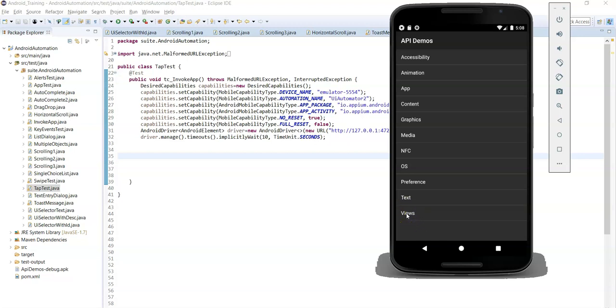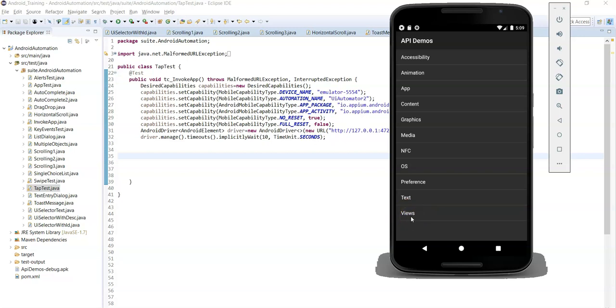In the TouchAction class, the Appium guys provided a method called tap, which takes a tap options object as parameter to perform tap action on any element. For that, first identify the locator of the element on which you want to tap.